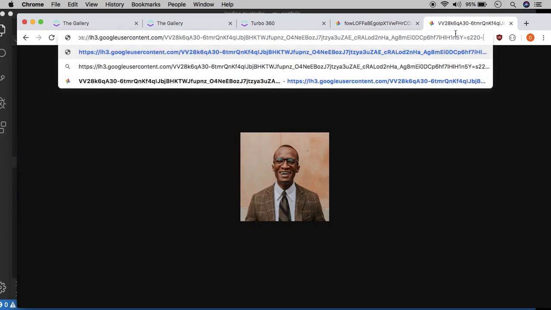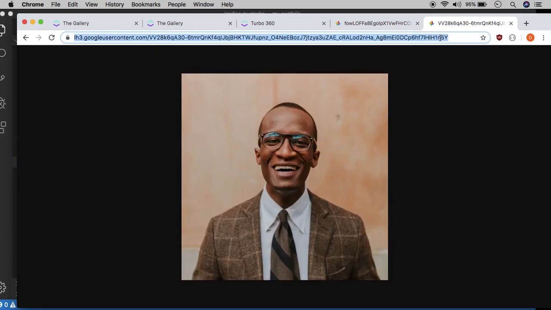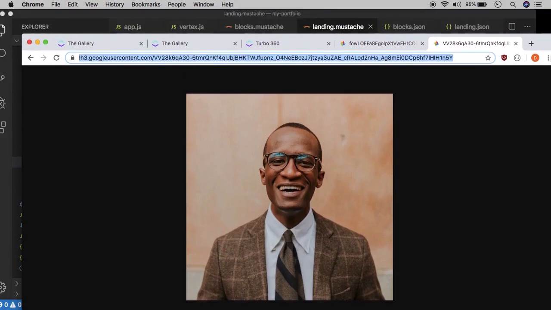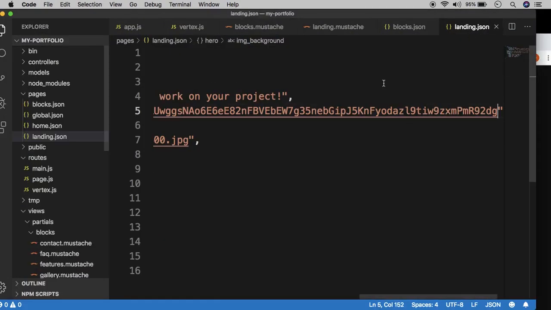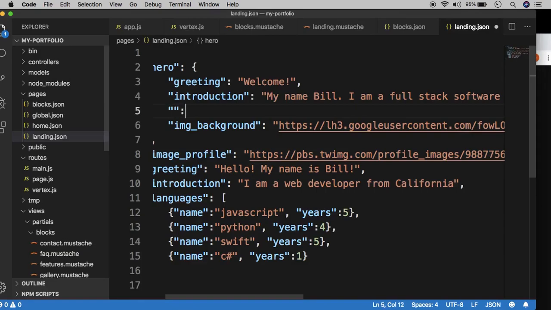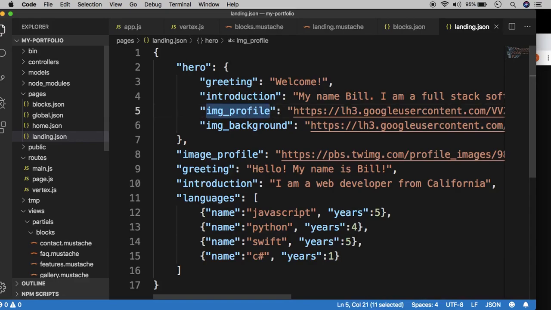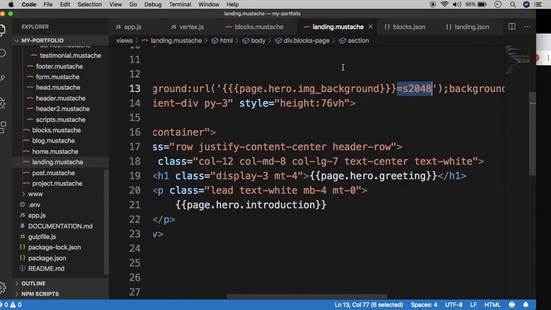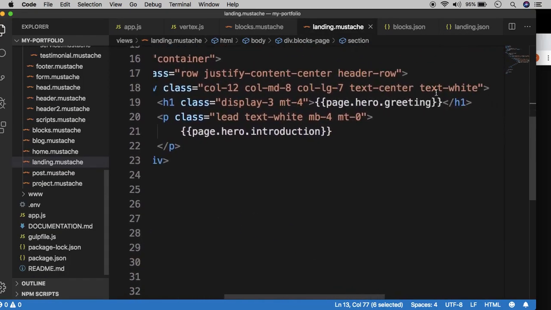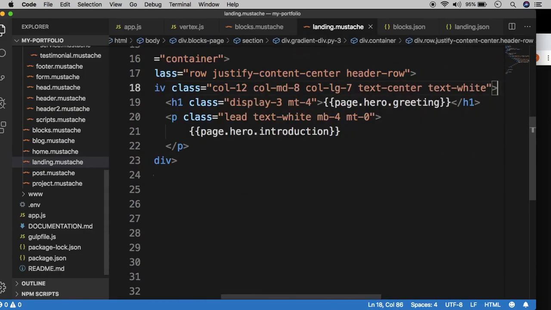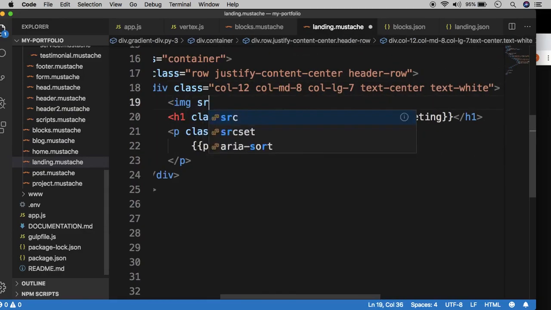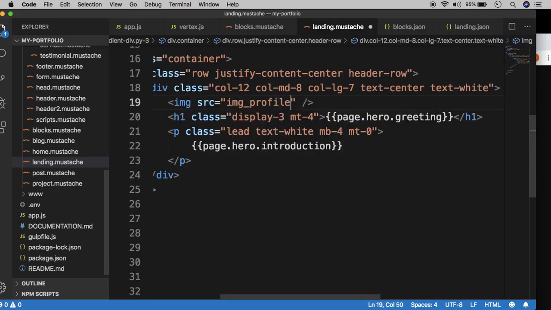Now here is the profile image. So let's go ahead and copy that and go back to landing.json, and then let's create a new image entry. So img profile, and then let's paste in the image from the platform, and then let's add an image entry in the template. So head back to the landing.mustache, and then over here above the header 1 greeting, let's do an image tag,